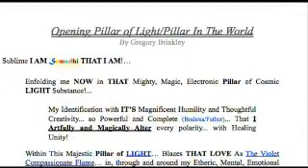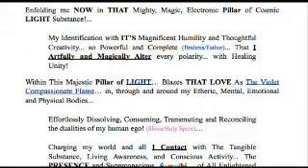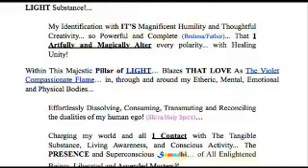Opening pillar of light, pillar of the world. Sublime I am samadhi that I am, enfolding me now in that mighty, magic, electronic pillar of cosmic light substance. My identification with its magnificent humility and thoughtful creativity, so powerful and complete, that I artfully and magically alter every polarity with healing unity. Within this majestic pillar of light blazes that love as the violet compassionate flame, in, through, and around my etheric, mental, emotional, and physical bodies, effortlessly dissolving, consuming, transmuting, and reconciling the dualities of my human ego,